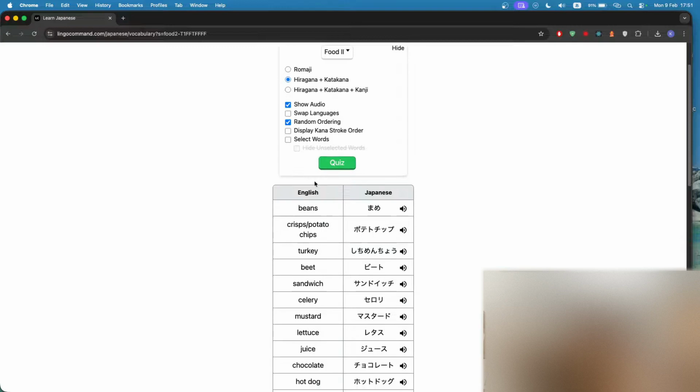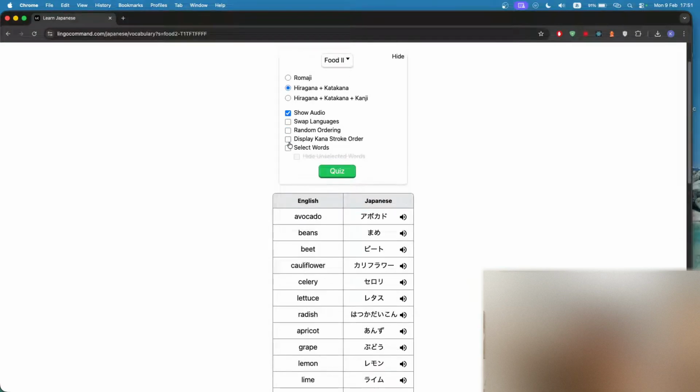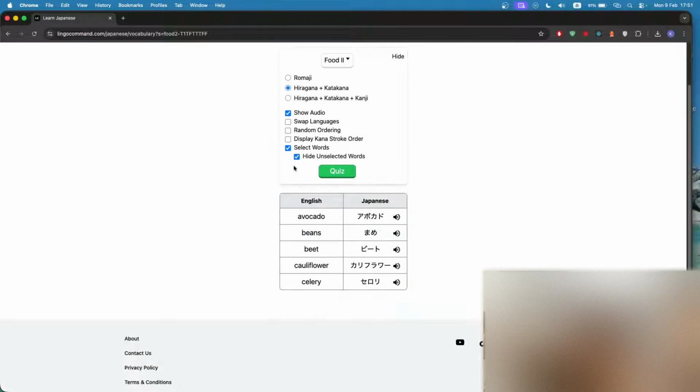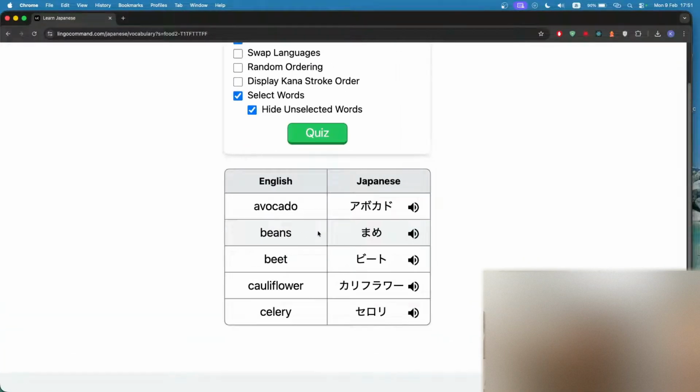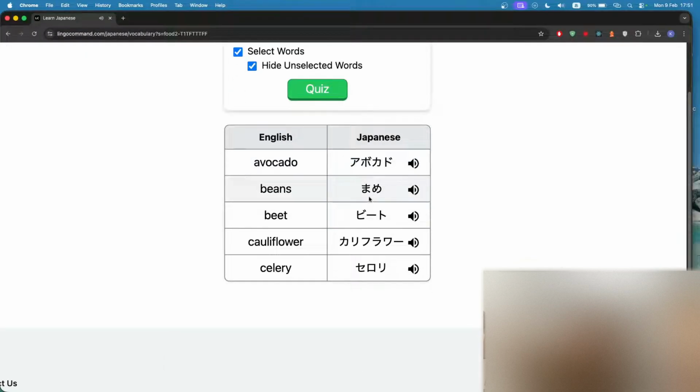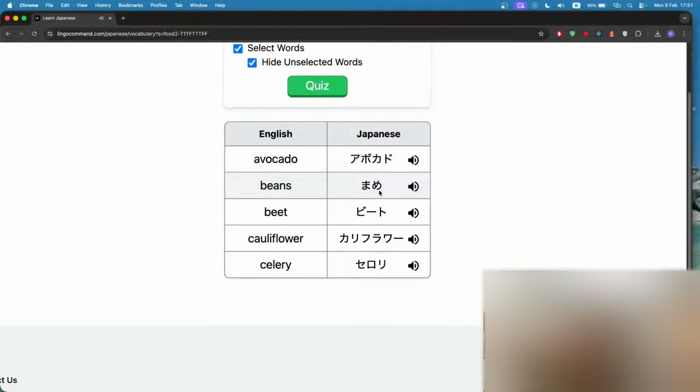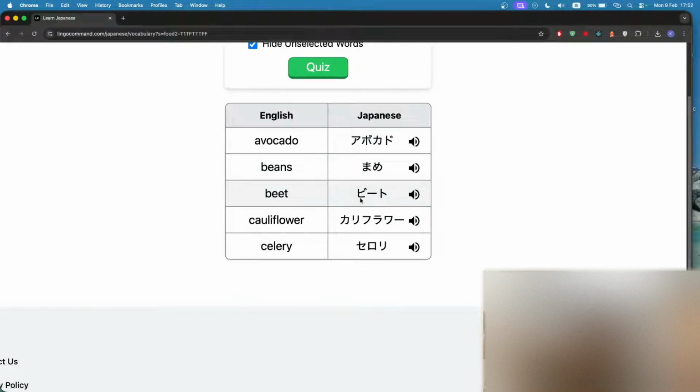And for that, we're going to uncheck random ordering, and we'll select the first 5 words. So this is avocado, beans, beet, cauliflower, and celery. And let's take a look at these words. Avocado. アボカド。Mame. 豆。So I'm just checking the pronunciation here for these words. This is beet. ビート。